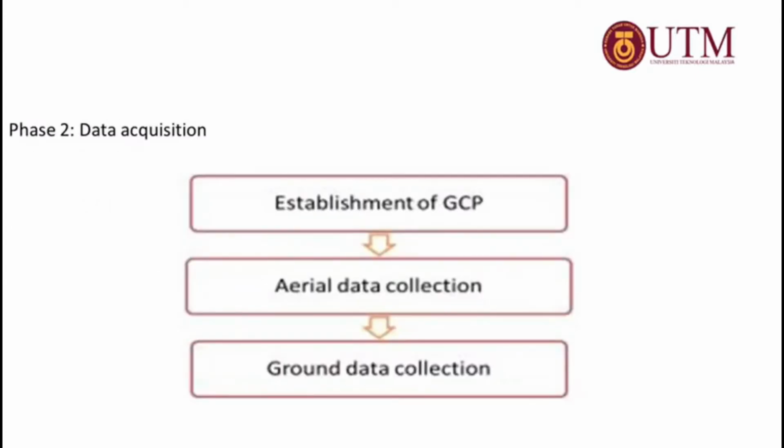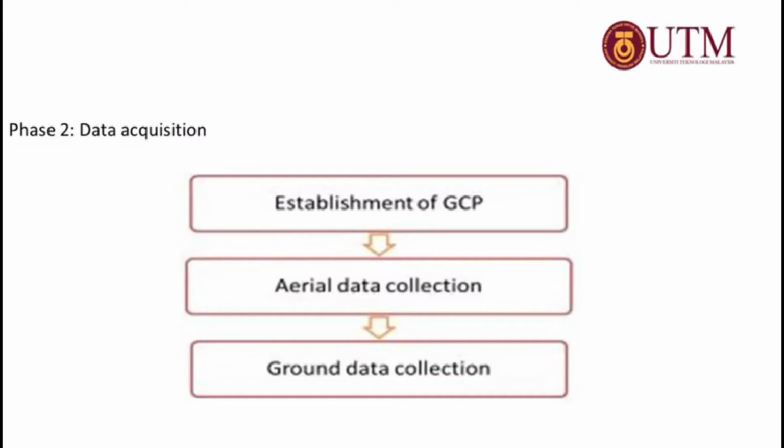In this phase, data collection was carried out by using the UAV and the GLS 2000. First thing that was done is recognizing the study area and determining the flight line according to the suitable situation. DJI Inspire 1 was used to obtain the aerial images. Meanwhile, Topcon GLS 2000 was used to collect the ground data. The flow chart of data acquisition is divided into three parts: establishment of ground control points, aerial data collection,